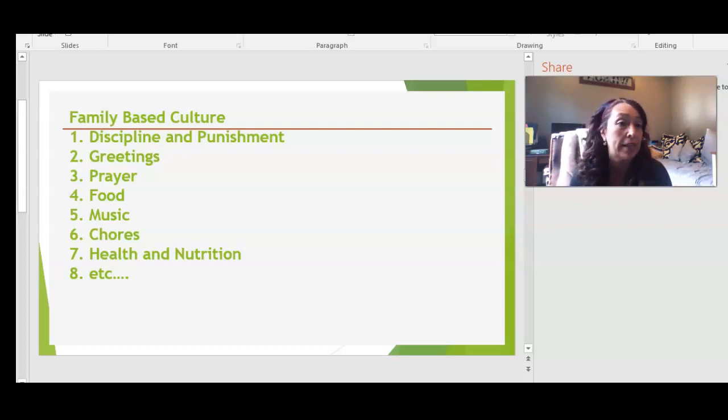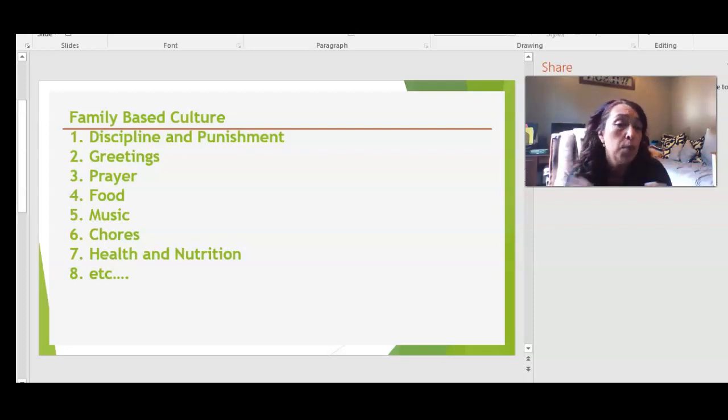Let's say greetings. In Latino culture, in my particular family, there's a lot of hugging and a lot of kissing, right? Close contact. Some of you might pray five times a day. Others may not. Food is very cultural. I always say to this day, I'm in my 40s, my mother still tries to feed my brothers and me. That's her way of showing love. She likes to cook the traditional foods. She likes to send it over, right? Music, chore assignment, all of this, right?